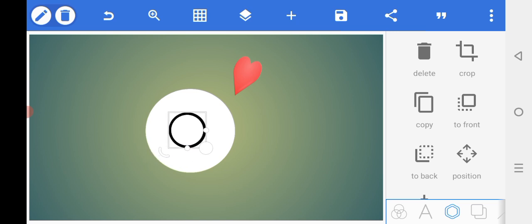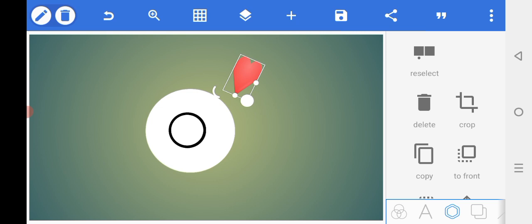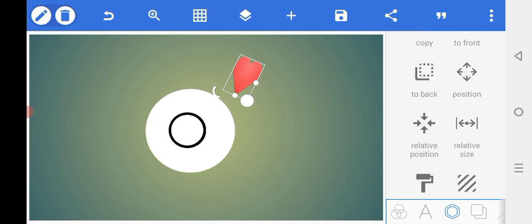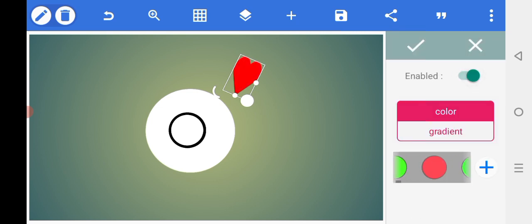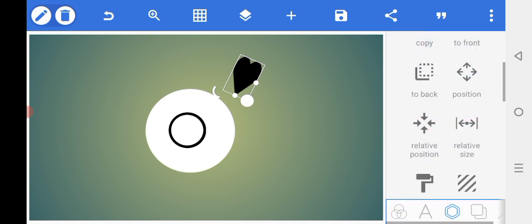How to make a designing shape on Pixel Lab easily. Open the Pixel Lab, select a shape, duplicate the shape, change the color of the shape, select another shape,